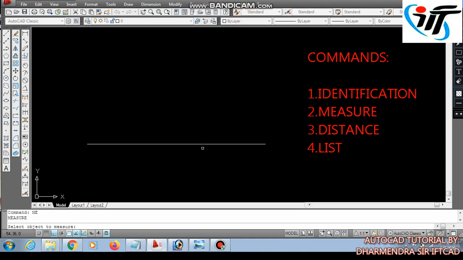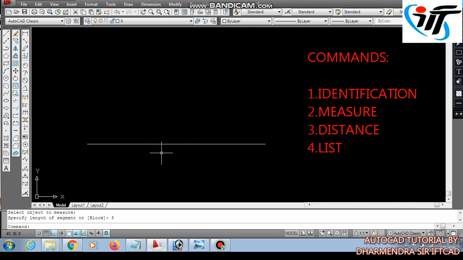Whichever object you want to measure, just click on that object. Here specify the length of segment. The measurement of the segment must be given here. I am providing 5 mm for the segment length. 5 enter. Now it has divided into pieces of 5 mm each, but it's not showing clearly.